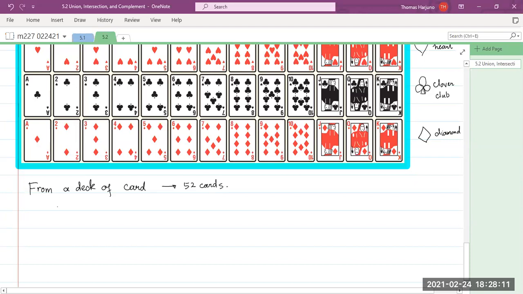Now from a deck of cards, select one card at random. Because these 52 cards are all identical except on one side, if you select one card at random, then it will be equally likely. The question is to find the probability